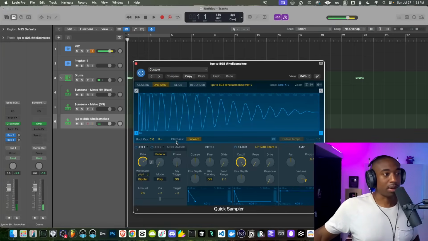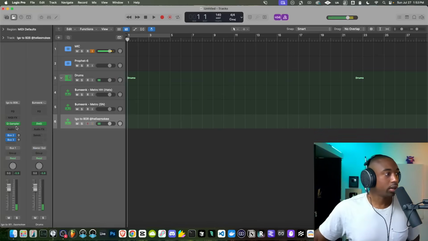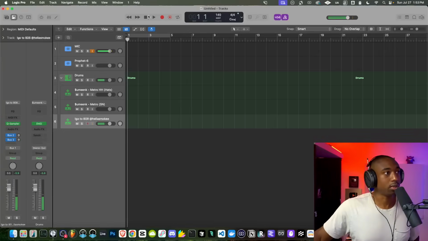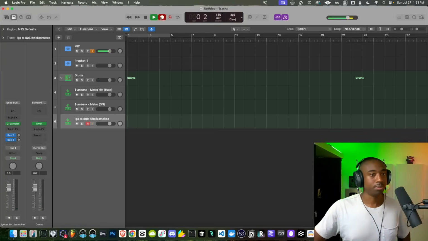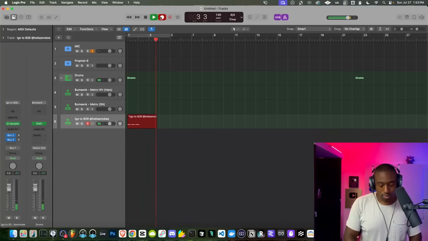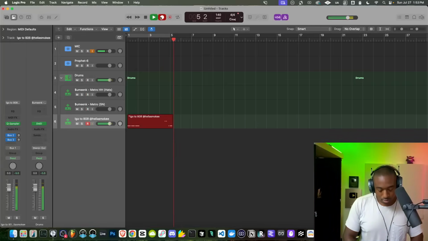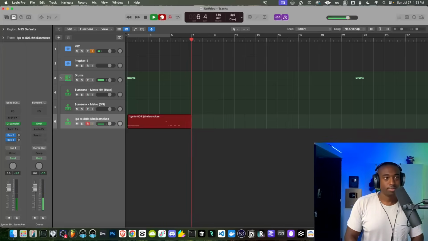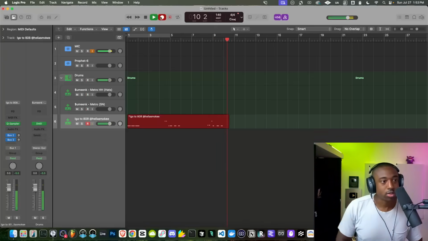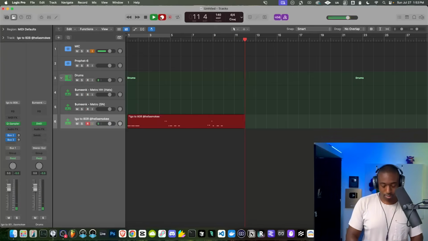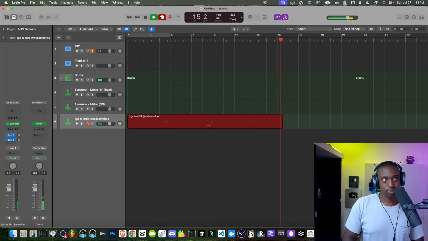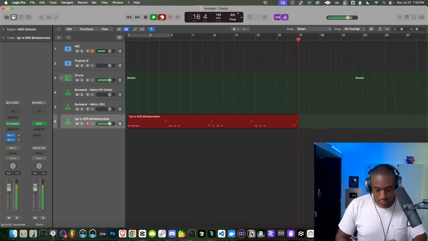So to play this a little bit simpler, I might have to change the octave. So what I'm going to do here is go to the sampler and just pull this coarse pitch down so that I can play on my keyboard without going way down on my keyboard. So now I can play different notes. So let's say record. Also too, this keeps the velocity. Okay, so now we have the 808.